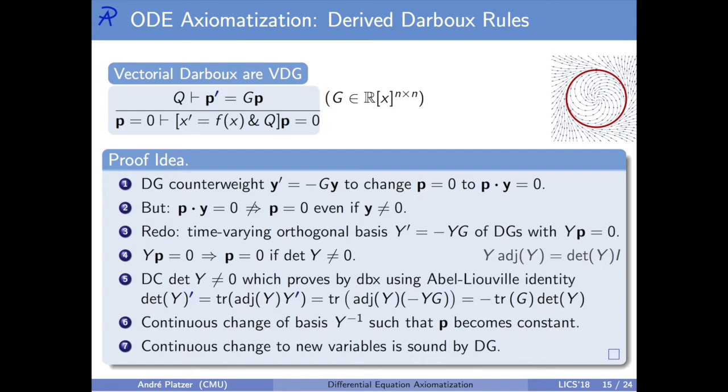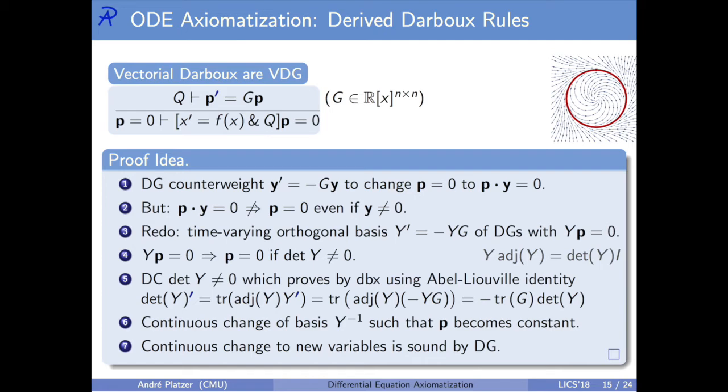What this is doing intuitively is now a continuous change of basis. Other than before, where differential ghosts were used to do something against the deficiencies in systems, right? They were systems that were leaking energy or systems that were gaining energy, so they were not actually closed systems. And you added the differential ghosts in to make up for that, right? All of a sudden here we're using differential ghosts in another way. Even if the original system was perfect, a closed system describing everything, we still use these new differential ghosts